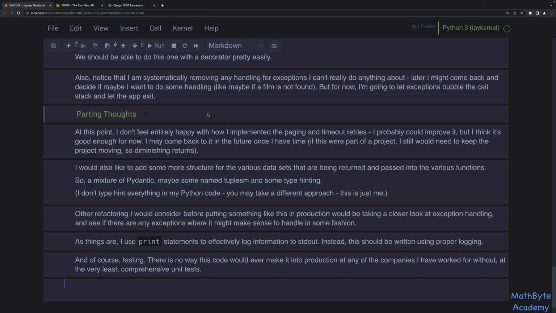So you're looking at diminishing returns, and you're trying to do the 80-20 rule, saying, well, I'll do most of what I think I need to do for refactoring right now, and then I'm incurring some technical debt, but I'll come back to it at some point, maybe in the future, or somebody else might, right, if they're looking at the code. I would also like to add some more structure for the various data sets and